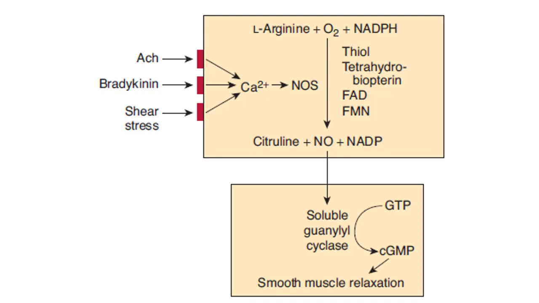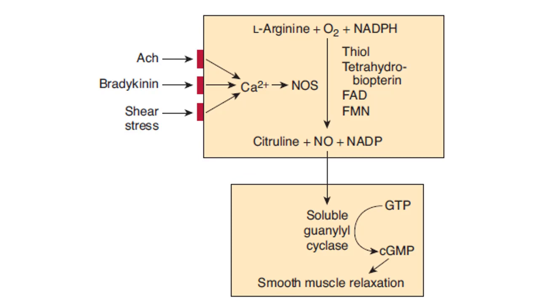One of them is relaxation of smooth muscles. So finally, nitric oxide could activate soluble guanylyl cyclase, and soluble guanylyl cyclase produces cyclic guanylyl monophosphate, and finally relaxes the smooth muscles in the vessels. So this is the action of nitric oxide in local